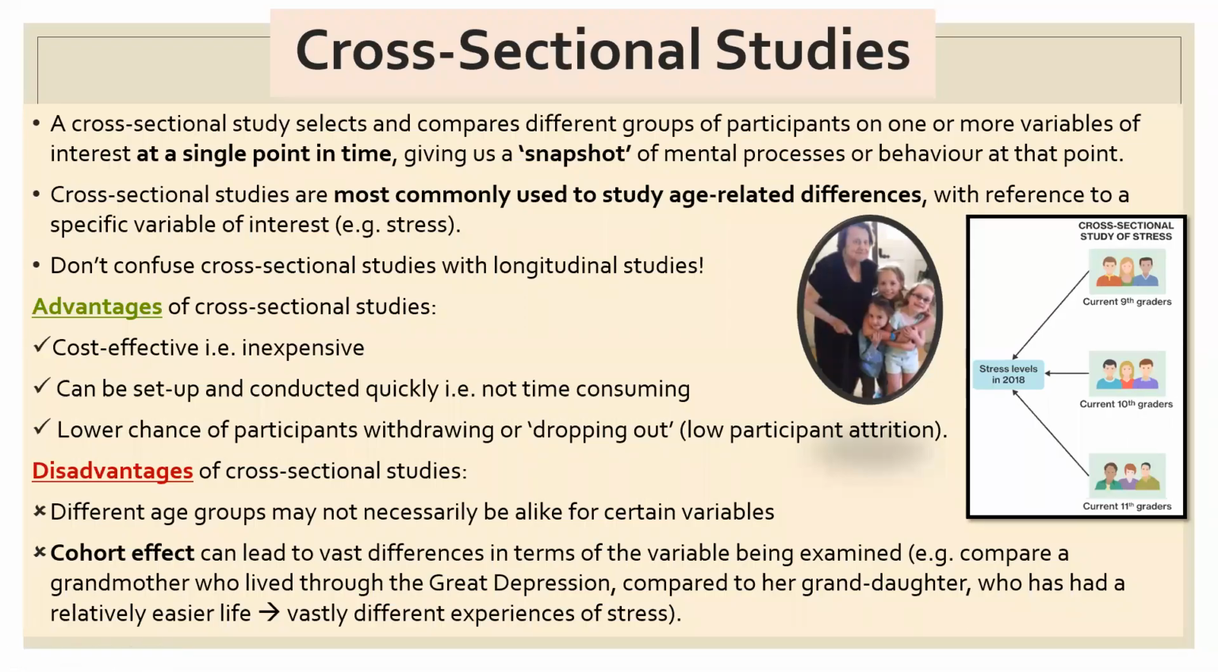Now, the first one is a cross-sectional study. A cross-sectional study is a really straightforward study. It's basically comparing different groups of participants on one or more variables of interest at a single point in time, thus giving us a snapshot of what a person's behavior or thoughts or feelings are looking like at that point in time. Now, this definition might seem a little bit confusing or ambiguous, but basically what it is,